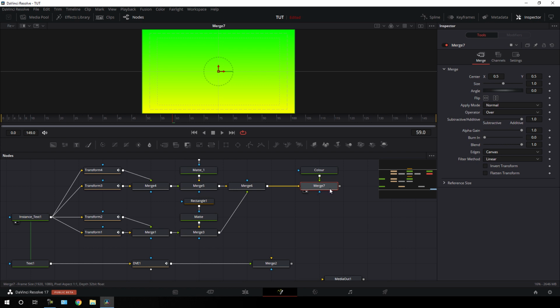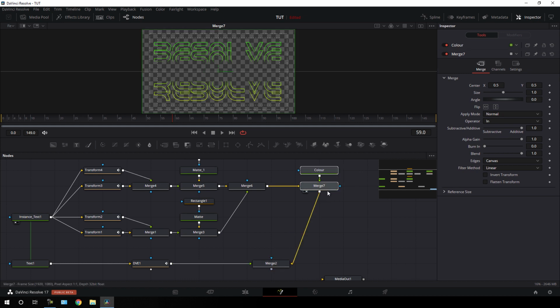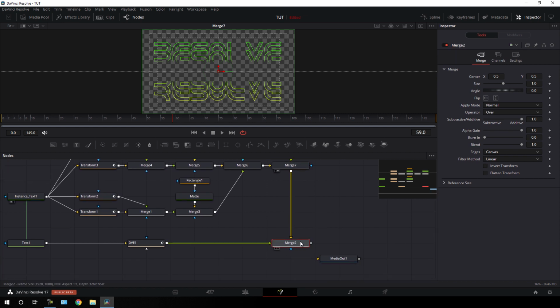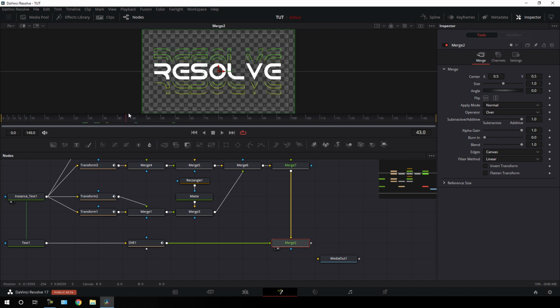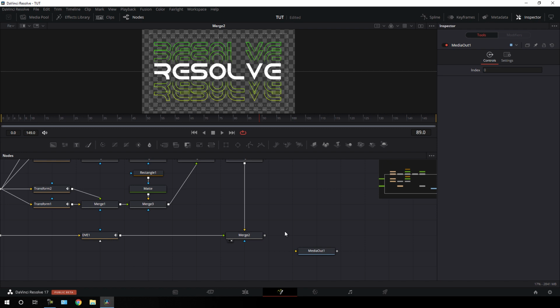And after that select this merge 7, go to inspector window, and let's select this operator Over to In. And after that we have to connect this yellow background point with this main output. Alright, and this is our main output right now. So just drag this merge 2 to the viewer, and we will get this type of animation as you can see. And finally we have to attach a transform node that is going to be the controller of this text.